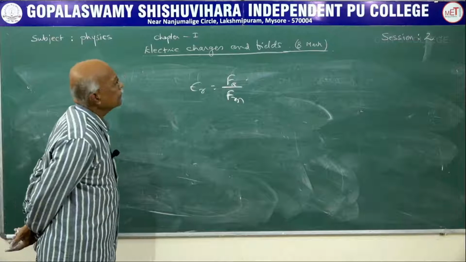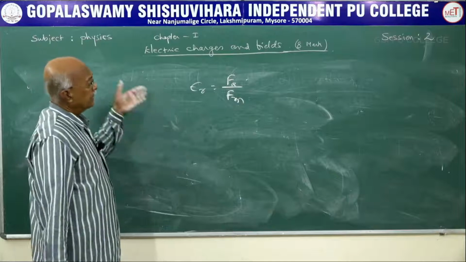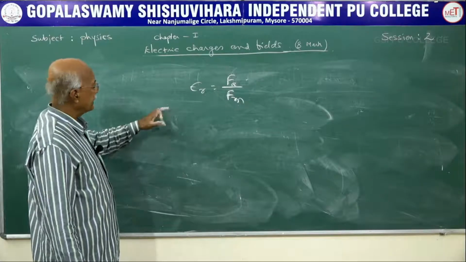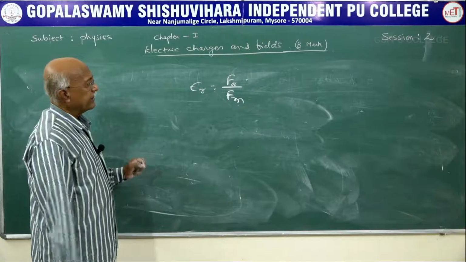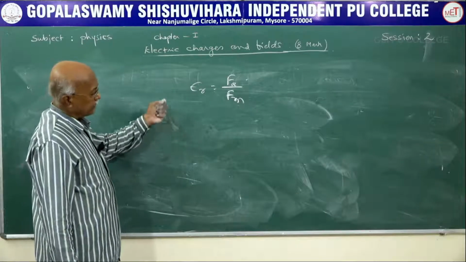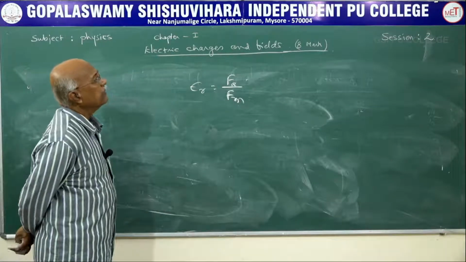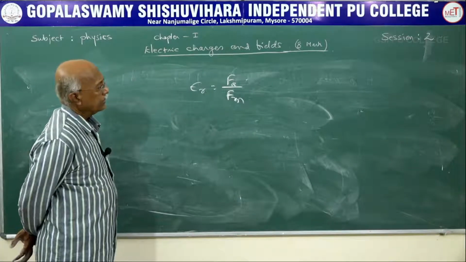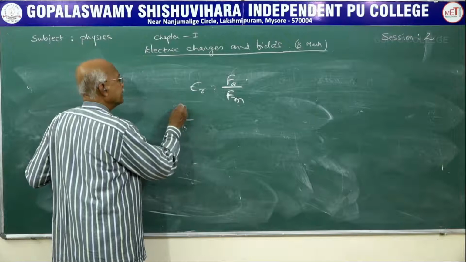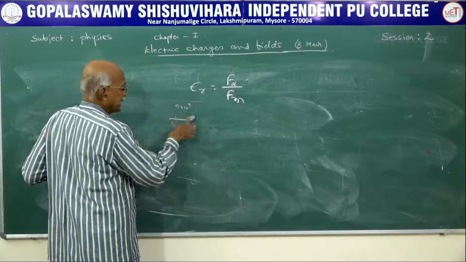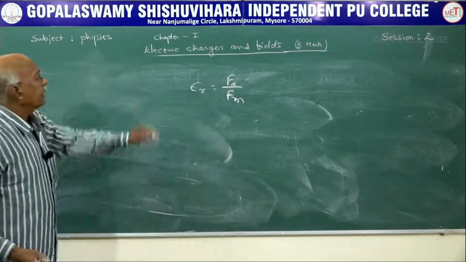Then we studied what happens to the force available when two charges are there, and we also studied the unit of charge. If you are asked the unit of charge, you simply write that the SI unit of charge is coulomb. If you are asked to define the unit of charge or define coulomb, you make a statement like this: unit charge is that charge which, when placed from a similar charge at a distance of 1 meter in air or vacuum, experiences a force of 9 into 10 to the power of 9 Newton. If two charges of the same value separated by 1 meter experience a force of 9 into 10 to the power of 9 Newton, then each charge is said to be 1 coulomb.